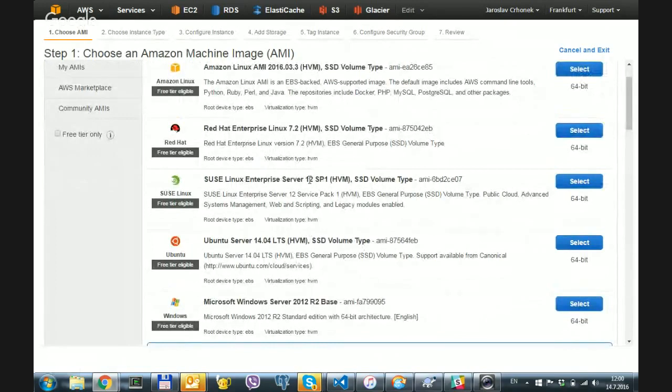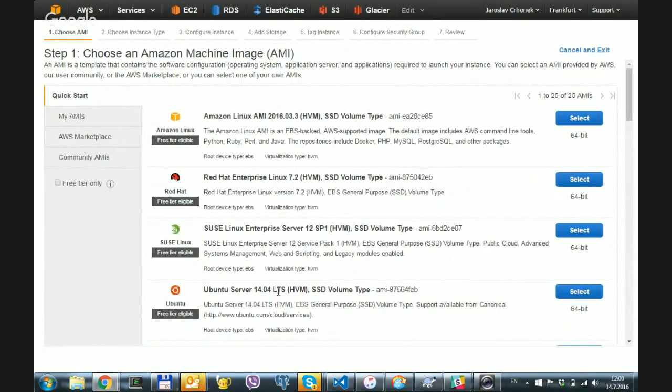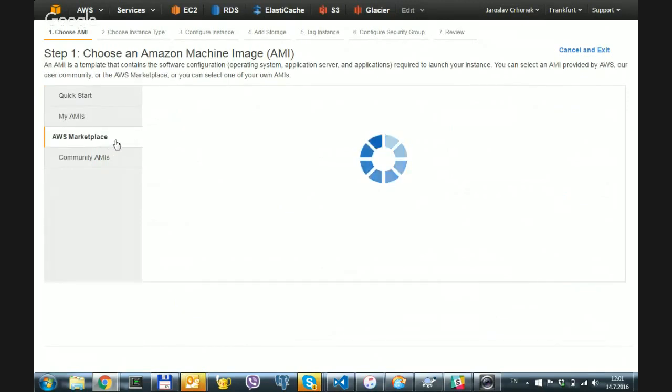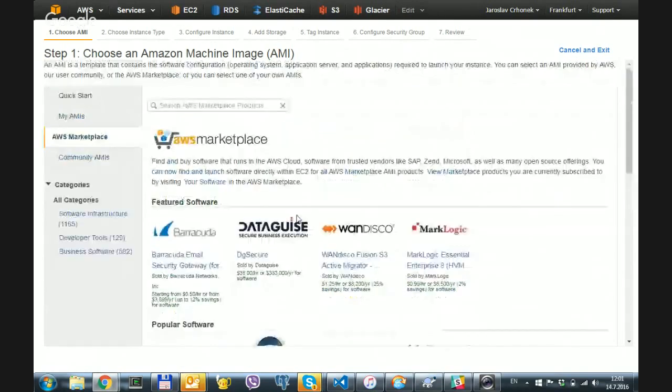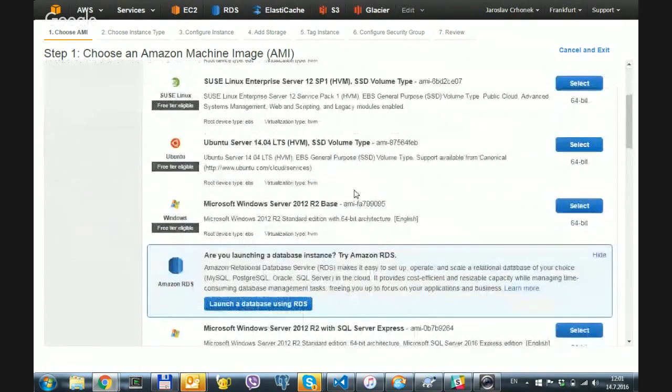Here are some images for quick start, but they have something which is called AWS Marketplace, and there are many third parties offering their images. Some of them are paid, some of them are not. So if we try to launch this Ubuntu server,